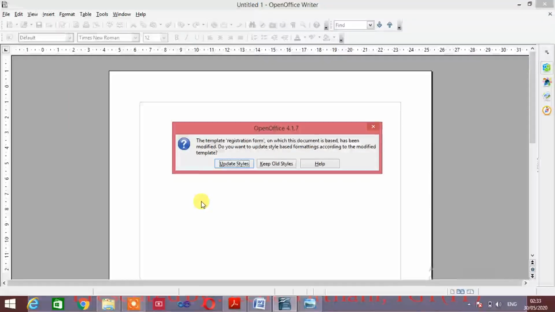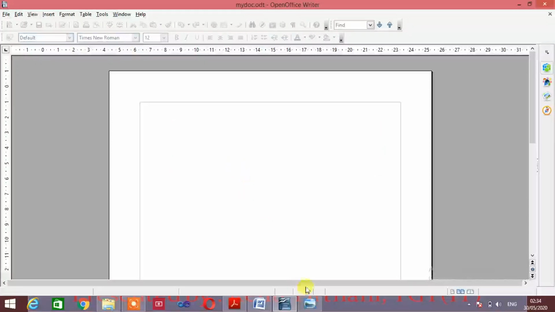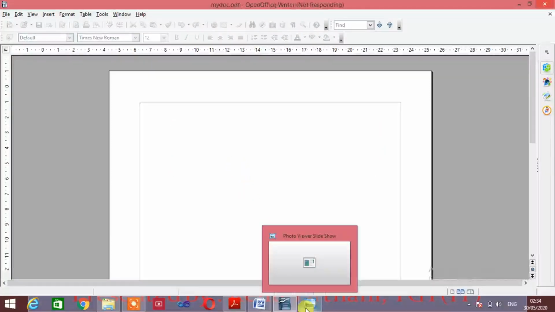If you click on Update Style, the styles will be updated. Otherwise, if you don't want to update it according to the updated template, just click on Keep Old Style. It depends on you. If you want to update it, click on Update Style. So by this method you can update the document using the particular template.